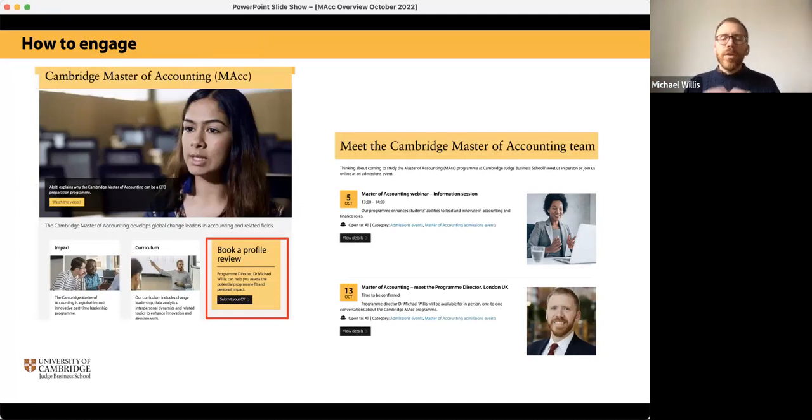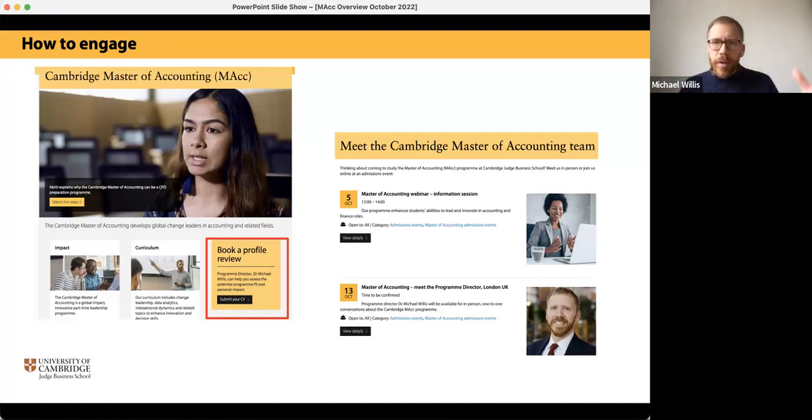Okay, so to engage with the program further, to understand if this is the right program for you and to get answers to questions about your own situation and how to make an application, here's what I recommend. One way to engage with us is to go on our homepage and book what we call a profile review. Essentially, that's submitting your CV to us, which we'll review, and then we'll get back to you with advice on applying to the program, or we can follow up with a 30-minute call to discuss your particular situation, how the program might fit with your interests and goals, and to answer any questions you might have about your particular